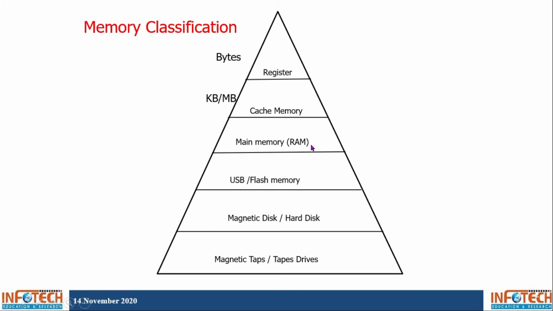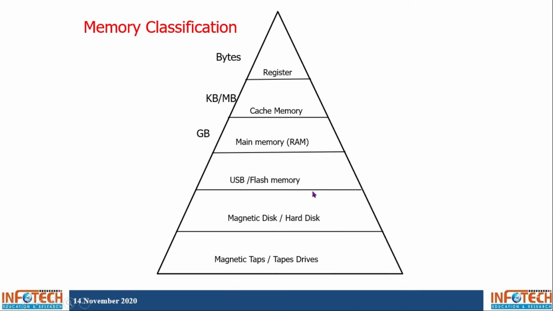Next is the main memory, that is the RAM. RAM size is in GB. You can see 4 GB RAM, 8 GB and 16 GB RAM. Basically DRAM, dynamic RAMs, are used as RAM. They are volatile devices. Volatile means when the power is off, the data is lost. RAM behaves just like that, because it is made up of DRAMs.